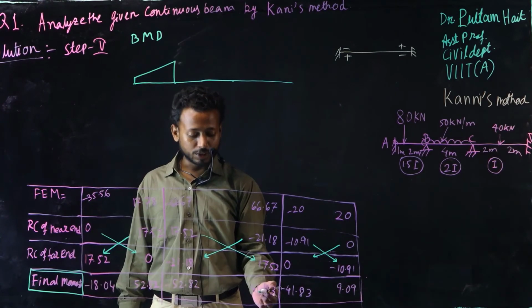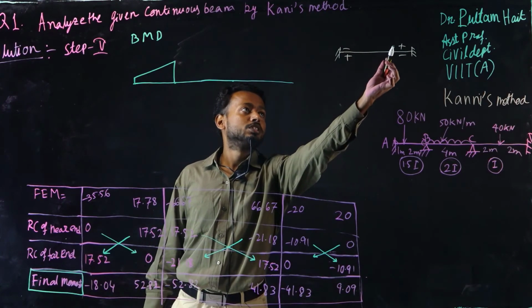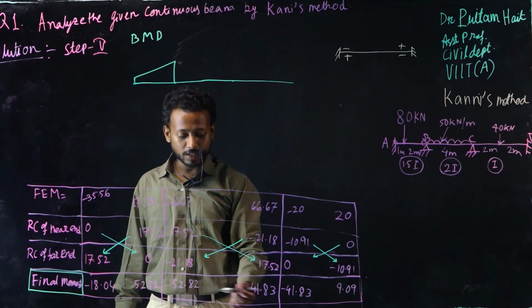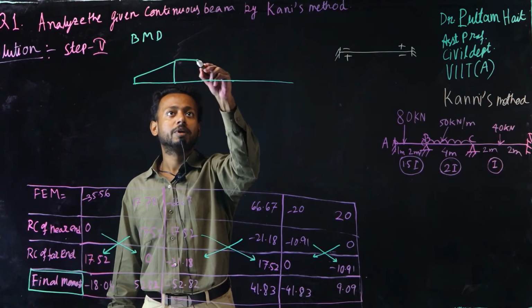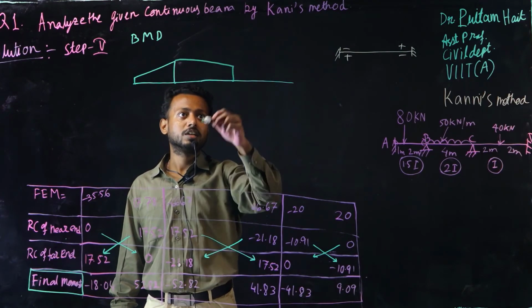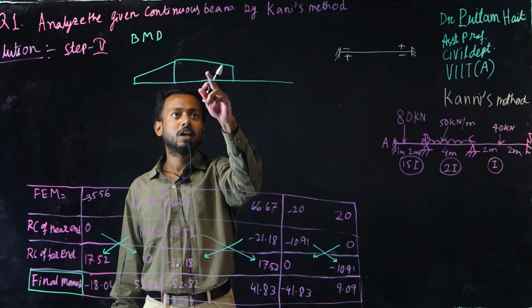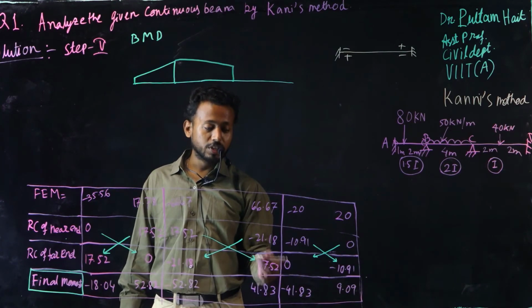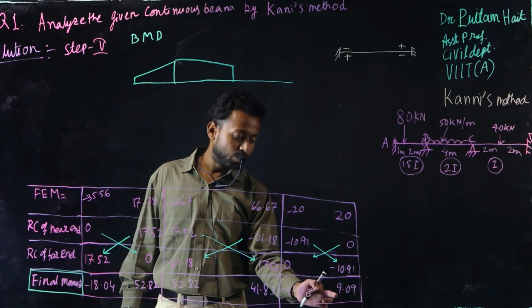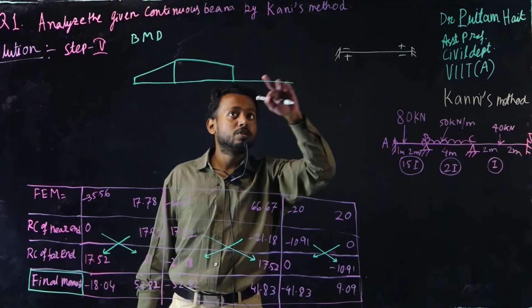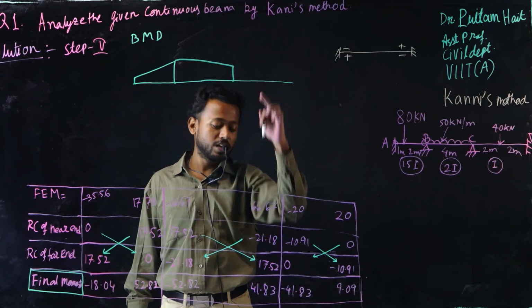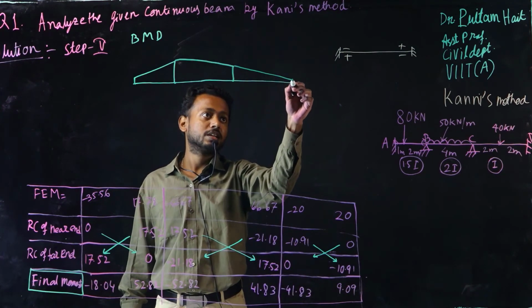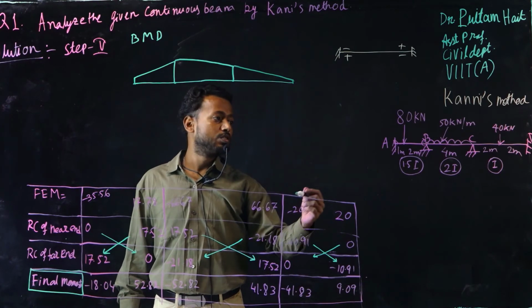From top to top, this is 18, this is 52, that means it will go up. This is negative, this is positive, that means top to top, and the value is 52, it is 41, that means it will be upper and this will be lower. So the bending moment diagram will come down. Both the moments will be above the line because negative positive is above the line. In this way you draw the bending moment diagram. Then negative positive, both the moments will also be above this line, and this is bigger, this is smaller, so it will be like this.